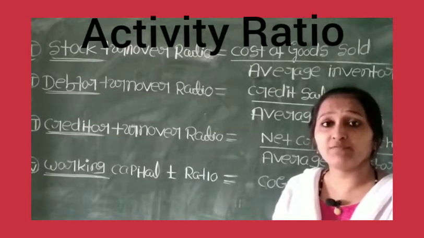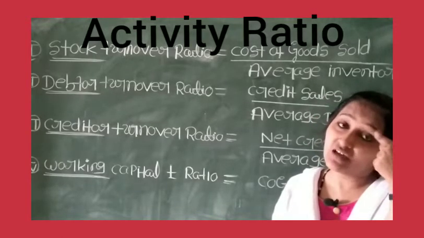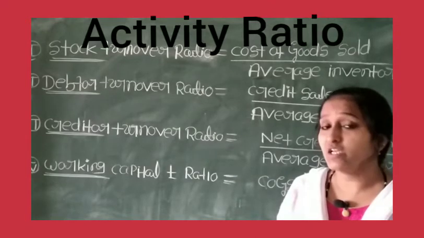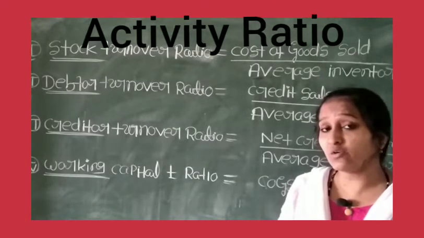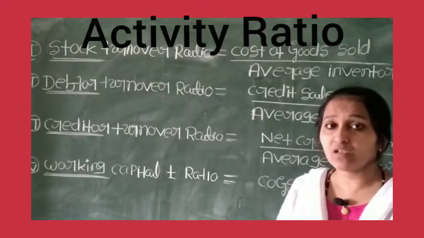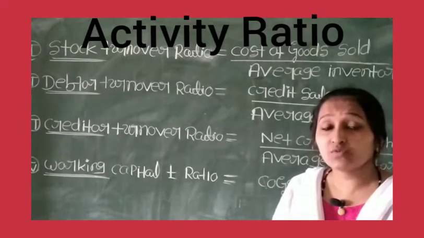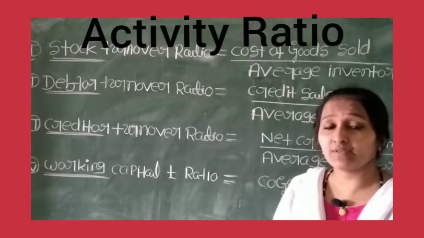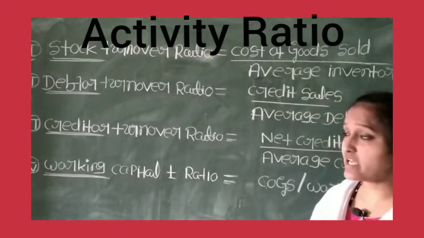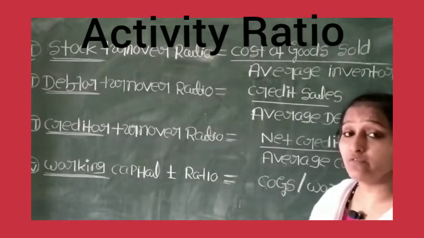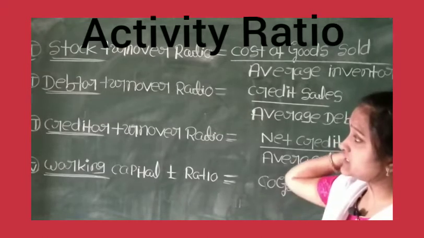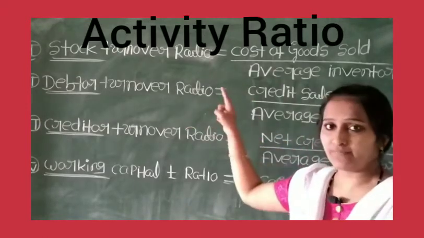Say, for example, if the company starts on April 1st, of course the company is going to end on March 31st. So from the beginning to the end of this duration, how many units and goods the company sold is calculated, to know how much efficiency the company has and how well it is able to fulfill its obligations. So the first thing we discussed is the stock turnover ratio.